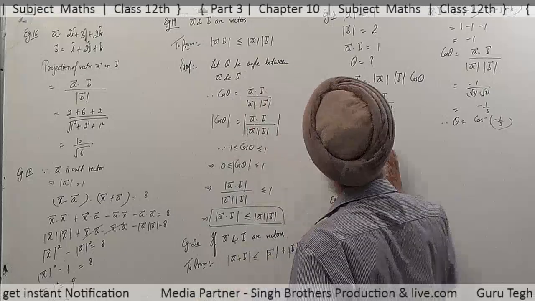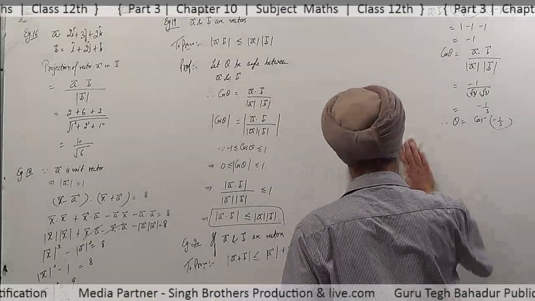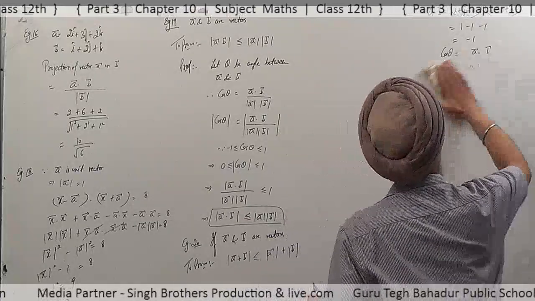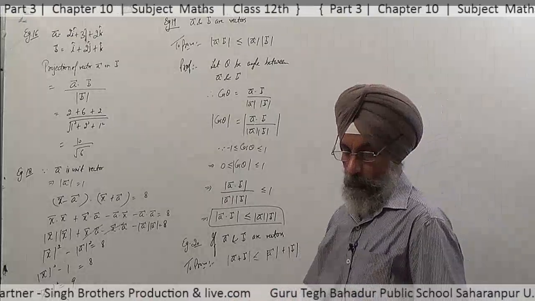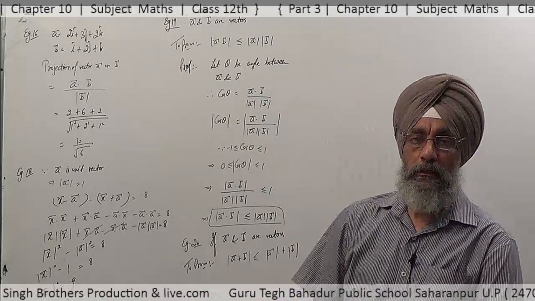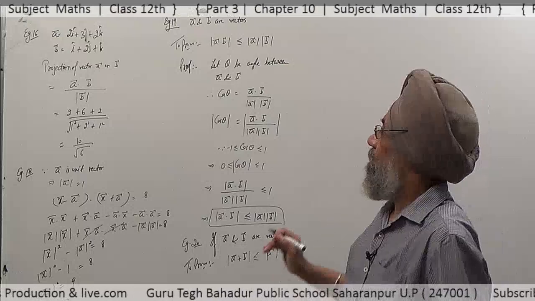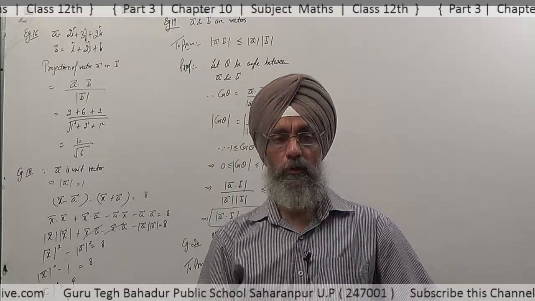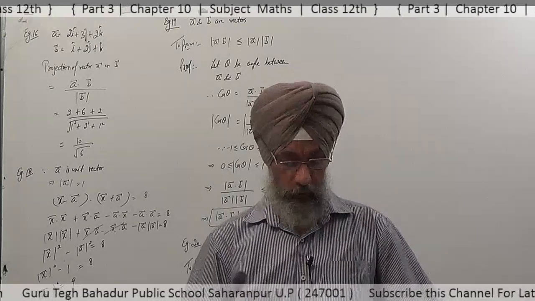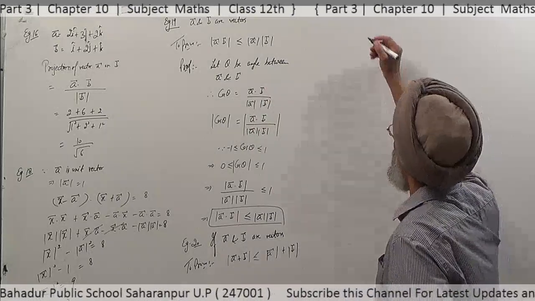So for this, now if we take the dot product of the same vectors, then the angle is 0. If we take the dot product of a vector with itself, what does it give? The dot product of a vector is equal to the square of its magnitude. So let us begin with that.